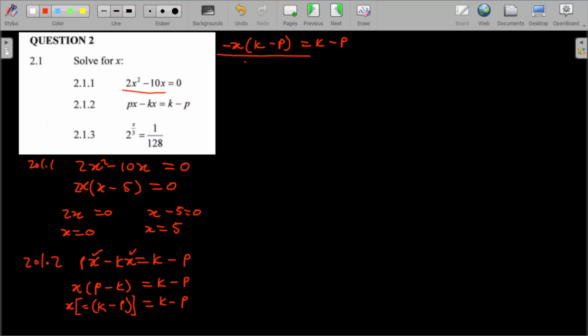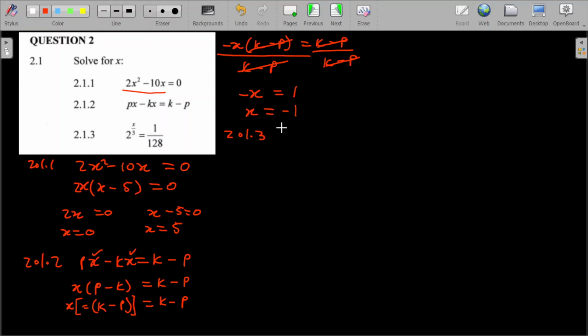Then from here, I can divide by k minus p, and then I can divide by k minus p. And then this cancels this, and I'm having negative x is equal to, now this and this are the same also, so I'm left with 1. Remember, I'm looking for x, not negative x. So I'm going to divide by negative or times by negative. So my x is going to be equal to negative 1. I hope we are still on the same page there. Now let's get into